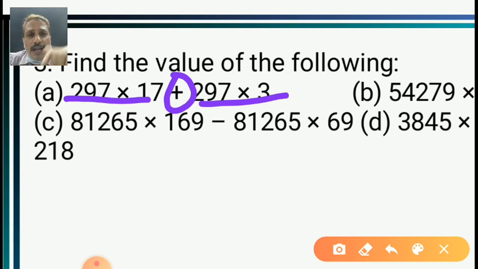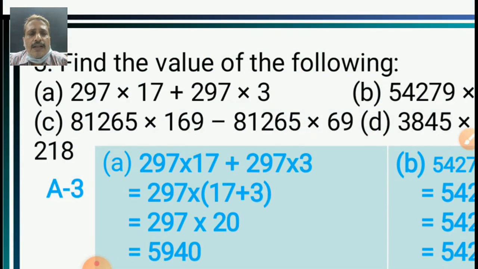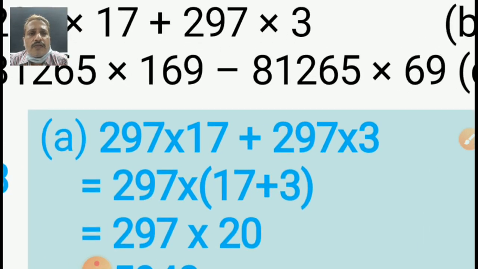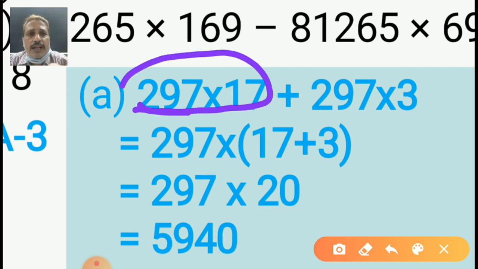Here, don't multiply 2 times and then add. You can make it simple because you are students of 6th standard, and here I am going to teach you how to make it the easy way. See, the answer is here. First answer is here. Look at that. Yes, my dear students, what is common? 297 is common. We will take it out, then the multiply sign and a bracket. What is left out of this one? If you take out the 297, what will be left? Yes, 17 will be left.